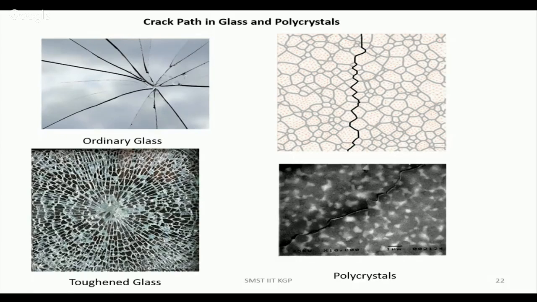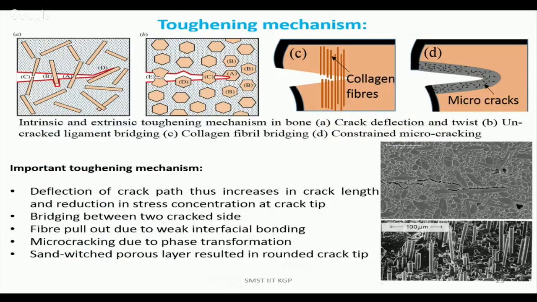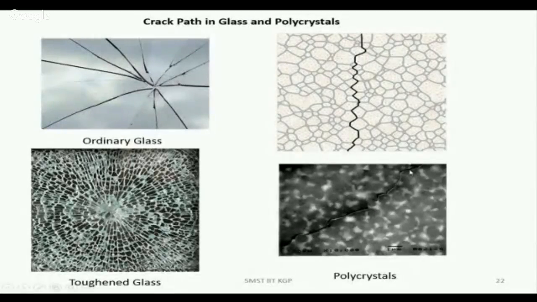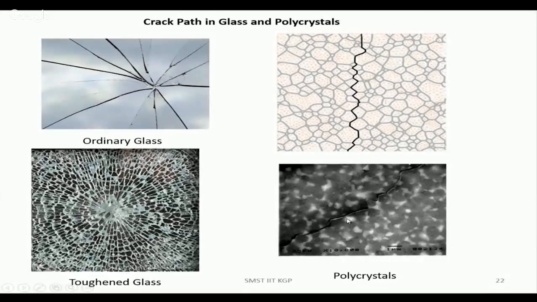Is it clear? So we are designing the material in a way that the crack tip doesn't follow a straight line. It follows zigzag. As it deviates from the straight line, the crack velocity drastically reduces, and eventually you get longer time for the failure to happen. One example of this is a crystalline material, where the crack doesn't follow a straight line, and here you can see one is a black phase, another is a very bright phase,